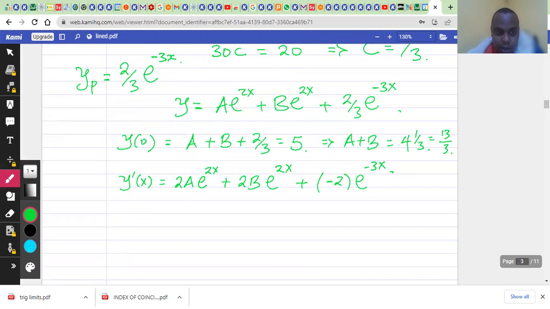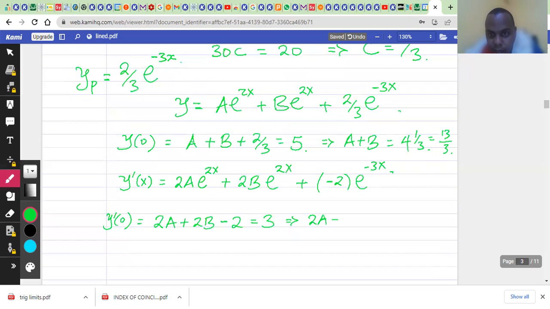So y prime of 0 is going to be 2A plus 2B minus 2 equals 3, right? And this would only mean that 2A plus 2B equals,